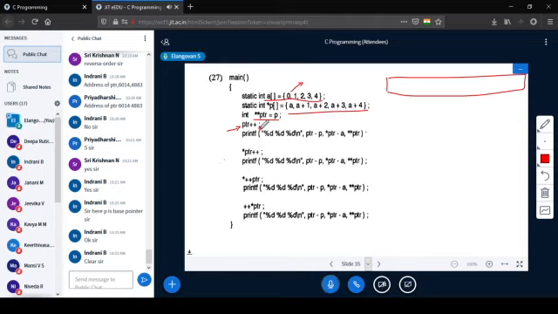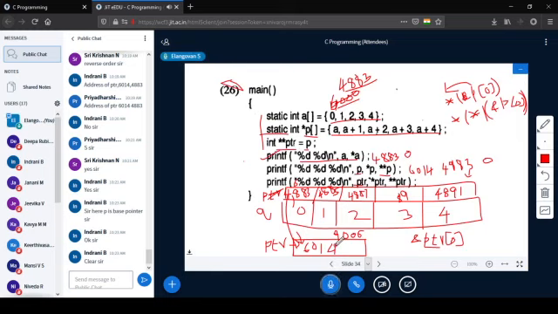What will happen to PTR plus plus? When PTR plus plus, that instruction gets executed.